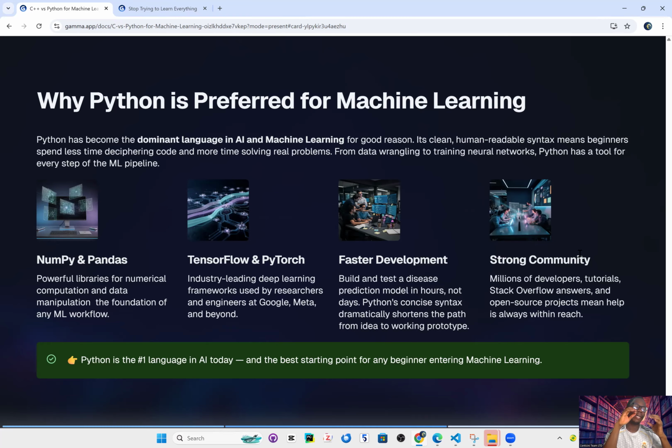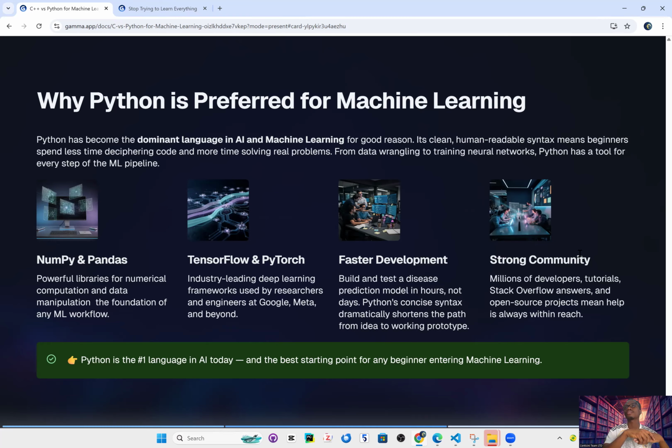We used to call Python a wrapper. It means that almost everything you write in Python, you have to import the module or library and use the methods and all of that to perform whichever magic you want to perform, right? It has libraries like NumPy and Pandas, which we use for numerical computing and data manipulation. So the foundation of machine learning is built around NumPy and Pandas.